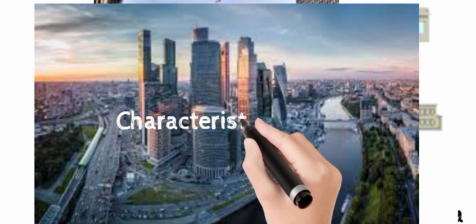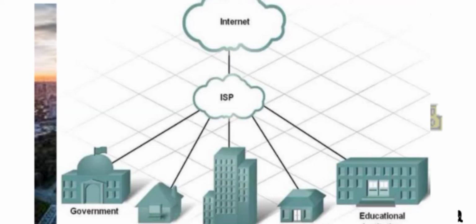Characteristics of metropolitan area network. Network size generally ranges from 5 to 50 kilometers. It may be as small as a group of buildings on campus to as large as covering the whole city. In general, a MAN is either owned by a user group or by a network provider who sells service to users rather than a single organization as in LAN.